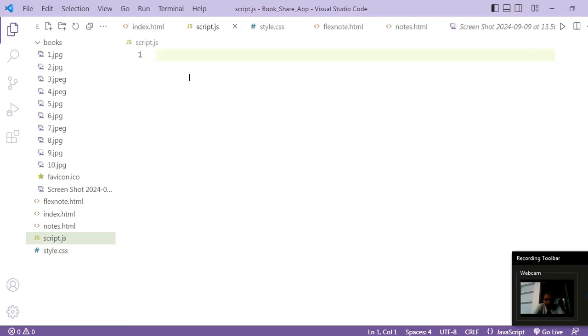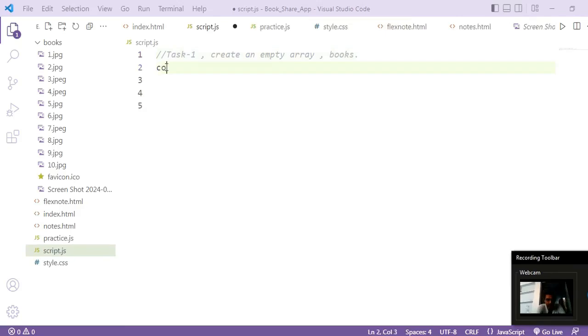and you can see where you are doing something wrong. So your first task, I will write in a comment here and you have to do that task. Task 1: create an empty array. I'm giving you 1 minute for this, and try to create an empty array, and you can name that array books. I hope you have created the empty array. So this is how we create an empty array.